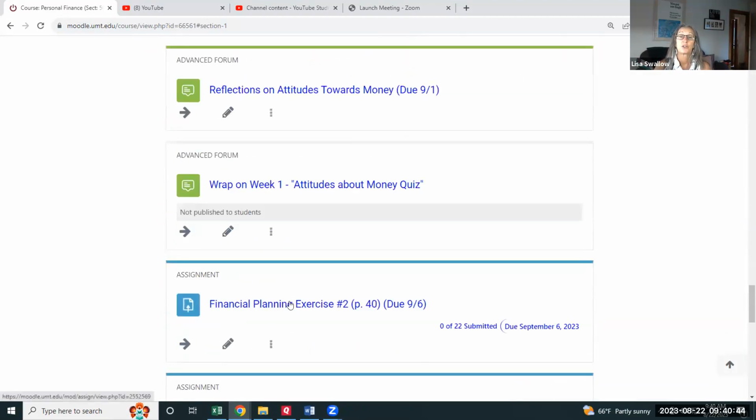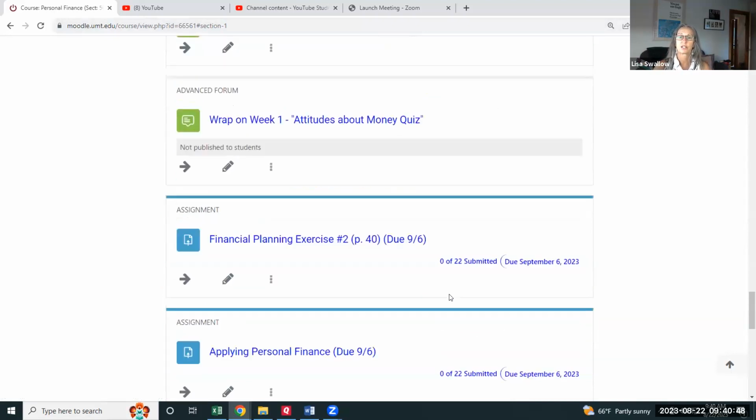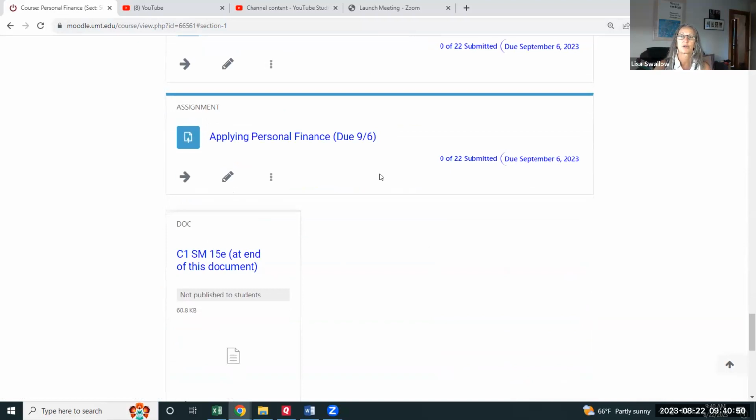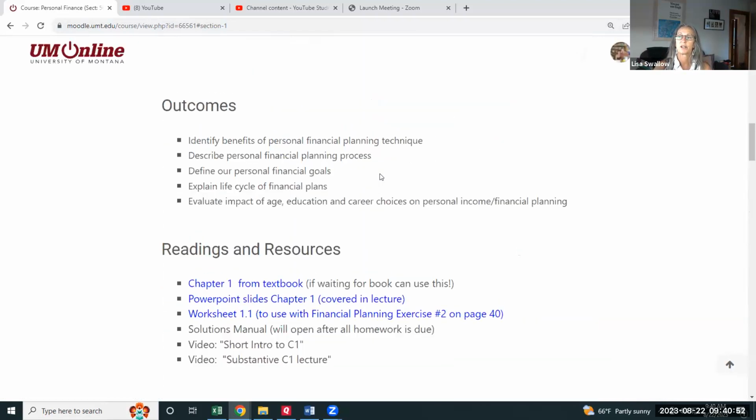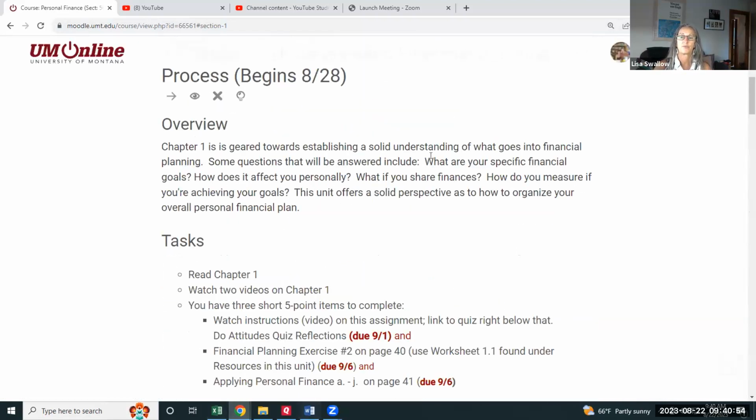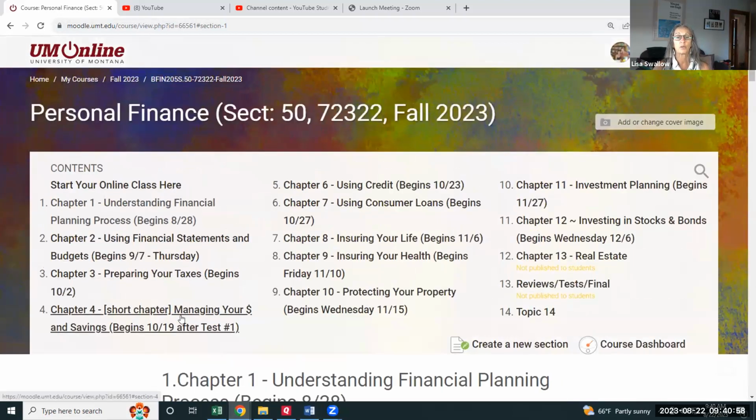And then here is where you submit the assignments, and the due dates, the 1st of September, the 6th of September, the 6th of September. Those, of course, correspond directly with these dates up here. So that's how the units are laid out. We quiz every third chapter, so chapters 4, 6, 7. We don't do chapter 5, etc. And then the final in the class is a paper.